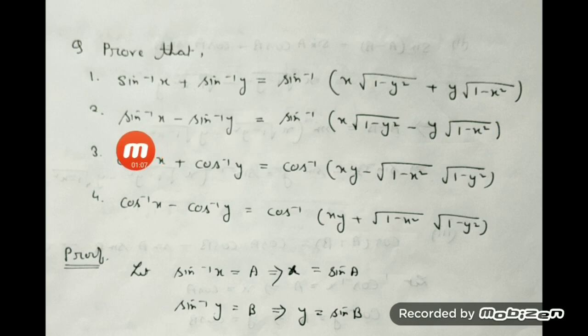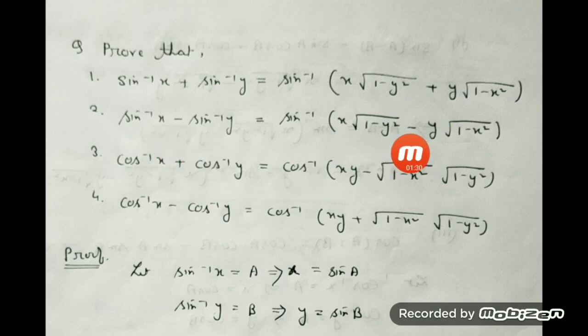Similarly, I had given here the formula of sine inverse of x minus sine inverse of y, which is equal to sine inverse of x into under root of 1 minus y square minus y into under root of 1 minus x square. You see, similar, here is a negative sign. Here also everything will be the same. If positive is here, here we have to give positive, and if it is negative, you have to put a negative sign.